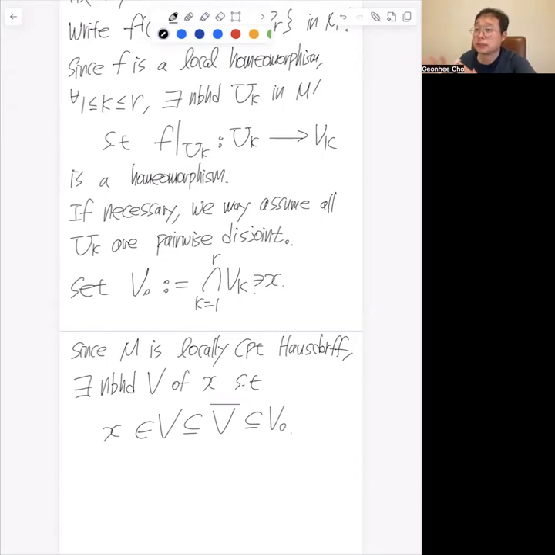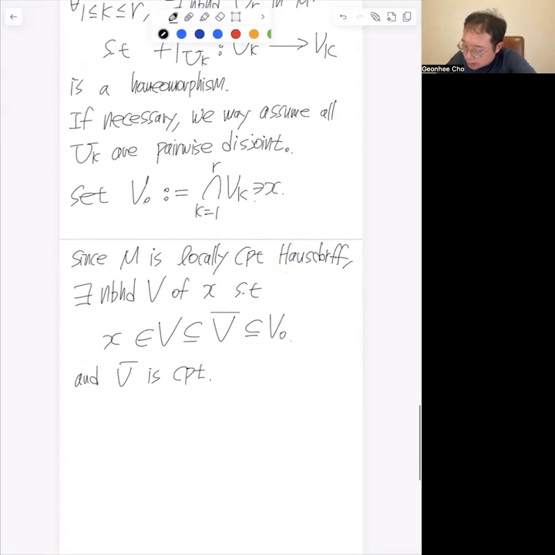This is one equivalent description of a locally compact Hausdorff topological space. Also the closure of V is compact. This is our answer for satisfying the condition of the covering map. So what we can at least say for sure is, for each k,